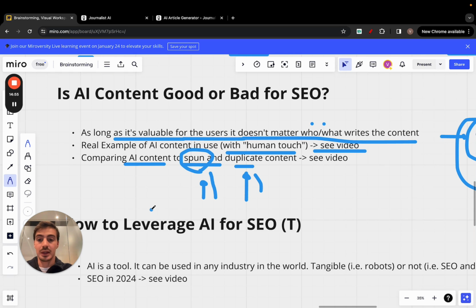And oftentimes people think that Google will penalize AI content because it's also clutter to the internet. There's nuance to that, right? The answer is not necessarily. And again, in the video I'm going to play right now, you'll understand why and how in specific AI content differs from spun and duplicate content in the way that these are bad, right? And AI content can be bad, but it's not necessarily bad. AI content can be good and bad, but spun and duplicate are just bad. AI content, depending on how you leverage these AI tools, can be good. And if you do things badly, it will be bad, okay? But I'm going to play the video right now so you can hopefully understand exactly what I mean by this.